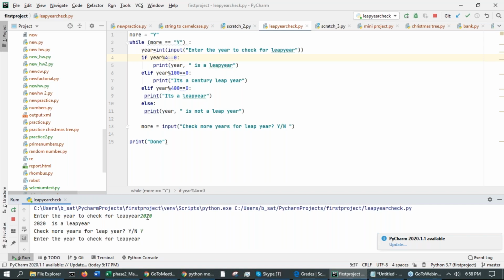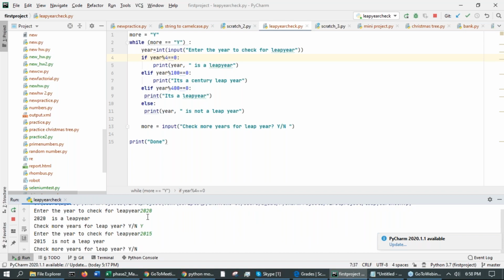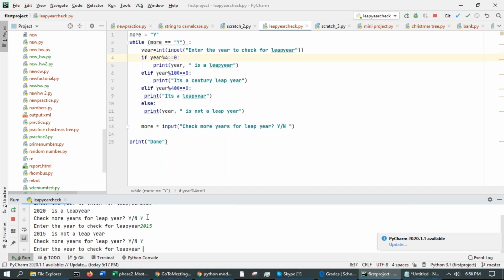So it'll do more for us. And yeah, try and enter some non-leap years, test it out. Can we also do it for a big year? Look, let's say, for example, I'm hitting yes, and I enter like